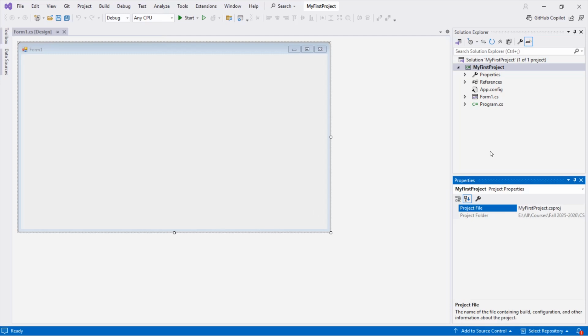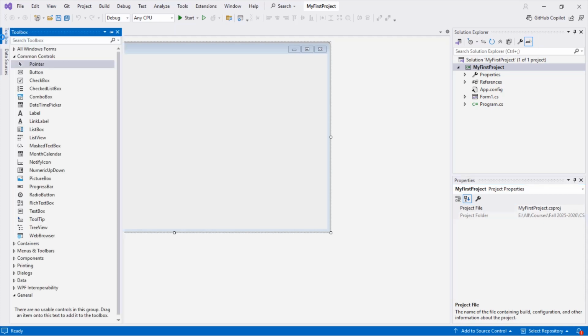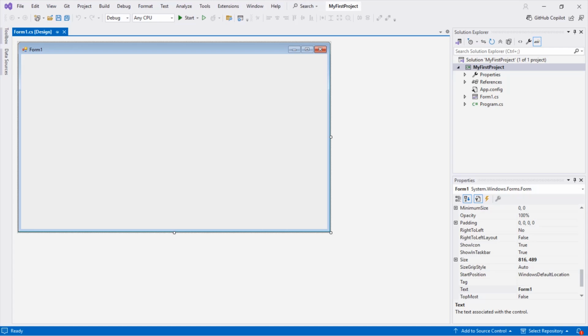Those are the basic ones that we need over here on this side. Our toolbox is over here. This is where we're going to get all of our different controls that we're going to put on our form here. So now that I have all that opened up, the next thing we're going to do is